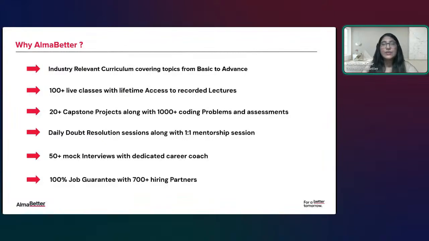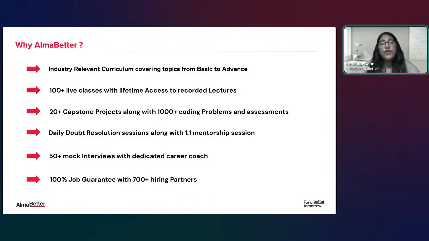So as you guys are aware that we have Elma X here in Alma Beta, where we help you out with guaranteed placement. We have an opportunity that if you're giving your 100% in the program, you're doing proper upskilling, you're taking proper exposure in capstone projects, we have 100% guaranteed placement option here. So we provide you 50 plus mock interviews related to technical round, screening round, managerial round, HR rounds. We prepare you pretty well here.